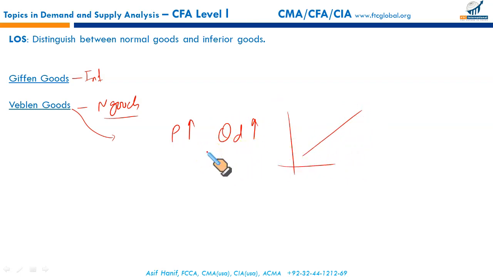Why? Because these items sometimes show the wealth you have. Most of them are a status symbol, like having a Mercedes or a BMW, or maybe having the latest iPhone, right? Or maybe having expensive luxury jewelry. So these goods are Veblen goods. When the price goes up, we start purchasing more of them. So this is what you call a special normal good.